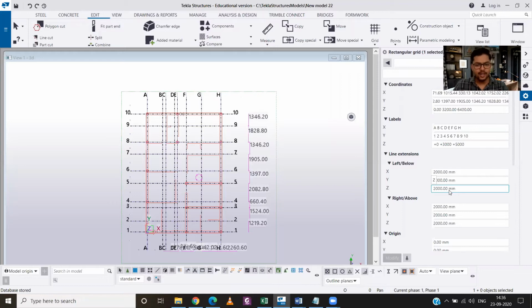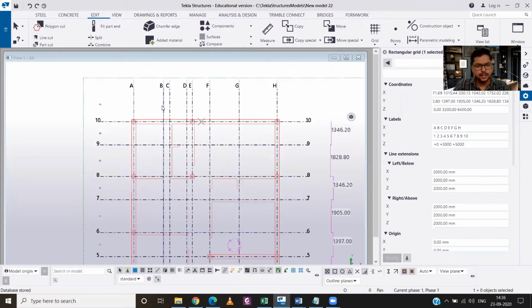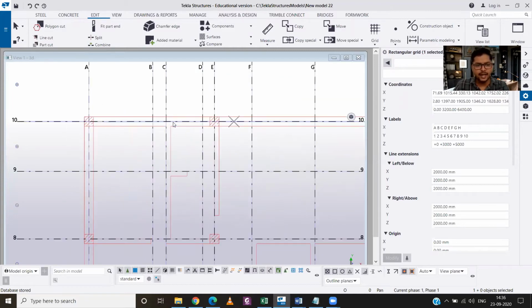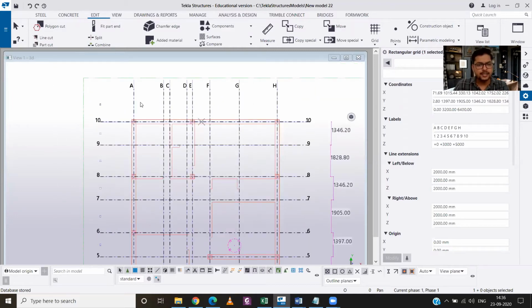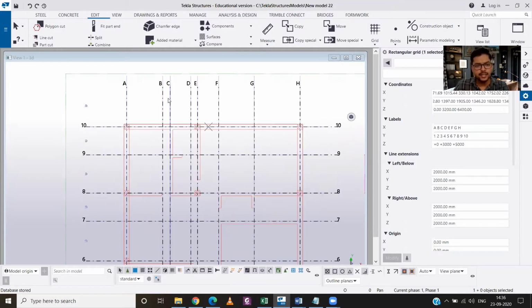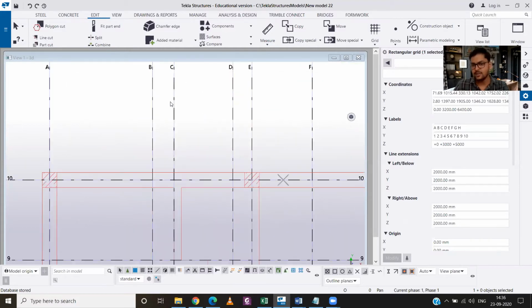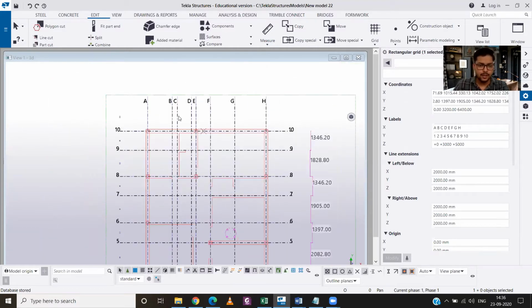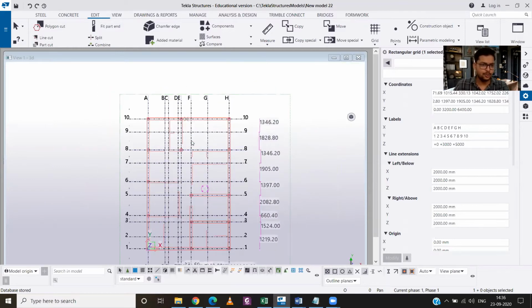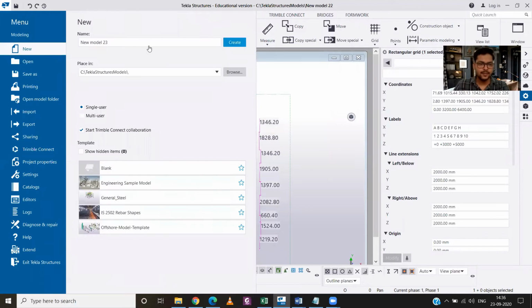So first of all, let's have a look at your final result. So I have already imported this architectural plan, and I have made the grid lines perfectly over the center line of this architectural plan. Now, let's learn how you can do this. So I will open a new file.